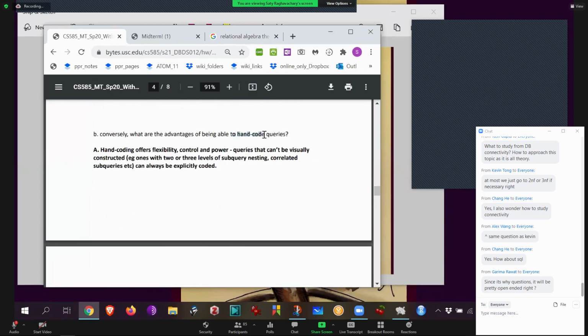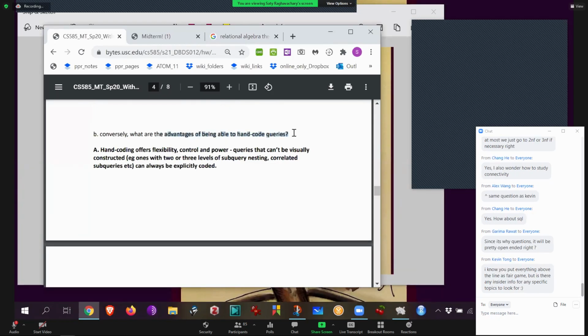So why do you need to hand code queries? Again, we don't look for exact words, and there's no rubric that says, unless they wrote flexibility, give them a -1. It's not like that. In that sense, you're open-ended, because you can write different things that say the same thing. But you cannot say something entirely radically different. For example, you cannot say hand-coded queries are easily compiled by the SQL compiler, right? That is not true at all. So it's not open in that sense. It still has to be reasonable. It still has to be right.